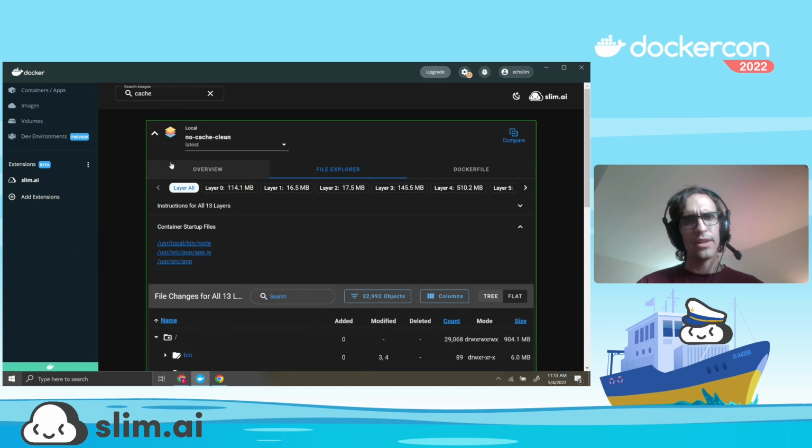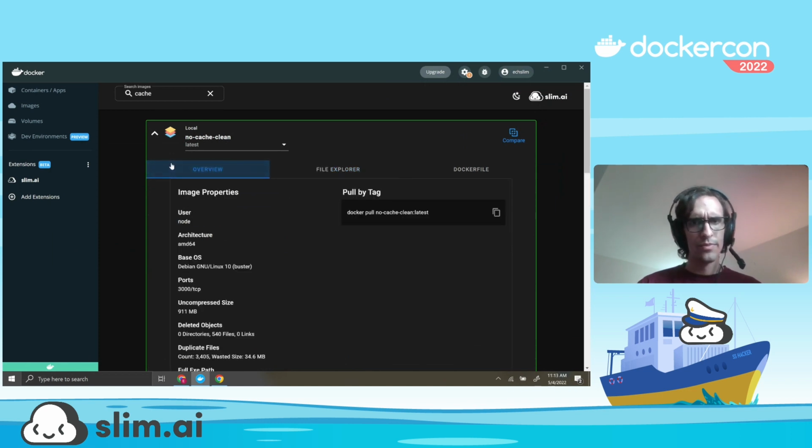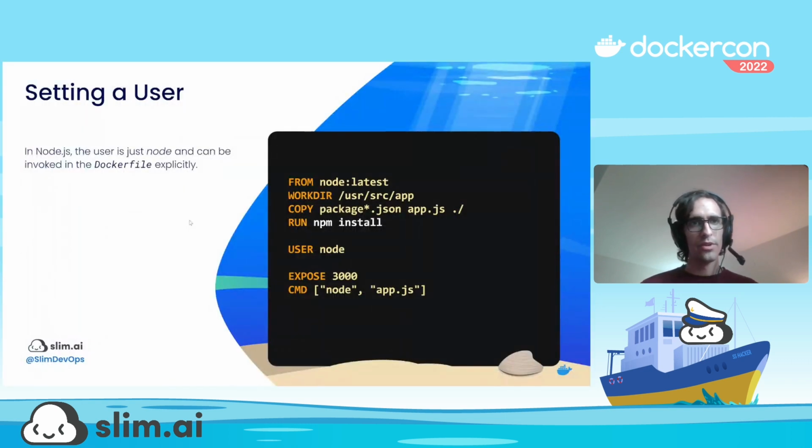To find that out, we can take a peek at the overview. And as expected, we see a user of node. So I performed this singular line addition to my Dockerfile of USER node, and now we see that the user is indeed node. Just a single change, but marginal improvements. We perform quite a few of these, and over time, you eventually end up with a more production-ready container. Jumping back over to the presentation,